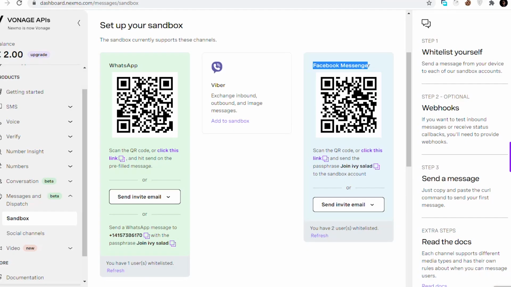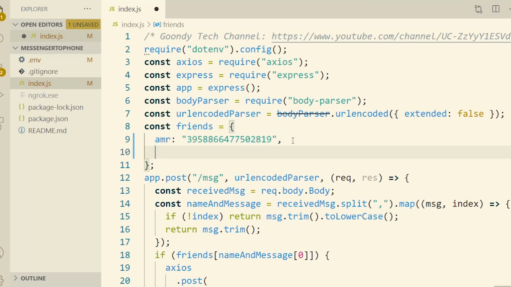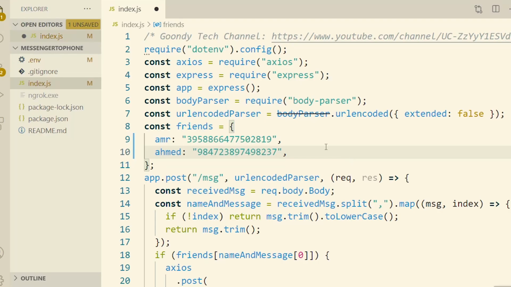To get the ID of any of your friends, just send this barcode to your friends and ask them for the ID. After getting the ID from your friends, put it here. You can add as many friends as you want. Then go to the end of the index.js file and change this number to your Twilio number, okay? Also, you have to change this number to your number, which in our case is the Nokia phone. Believe it or not, that's pretty much it.